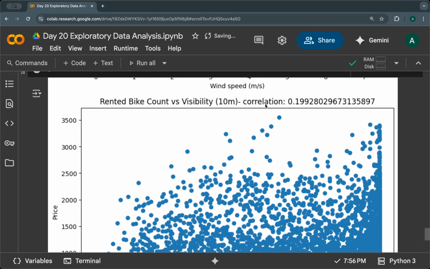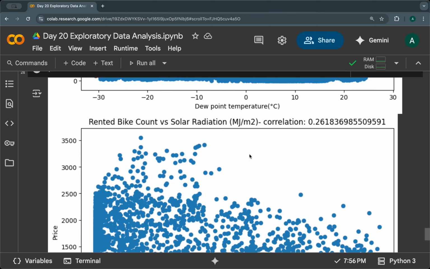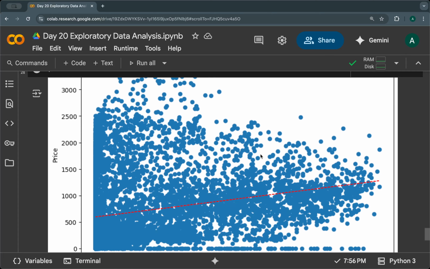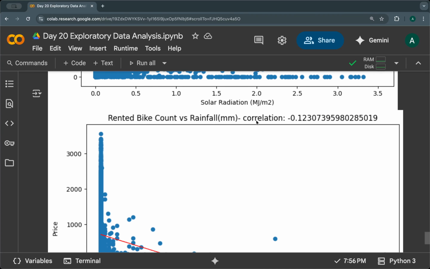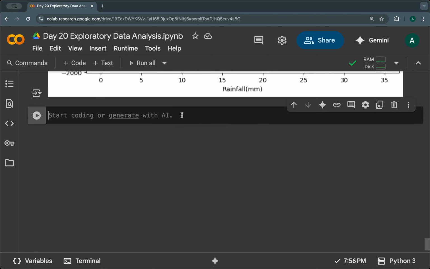Then visibility almost zero, but dew point temperature and rented bike count is having positive correlation, and that is 0.3. Then solar radiation, that is 0.26 positive correlation. Rainfall has negative correlation. Yeah, so finally we have checked the correlation with the output column